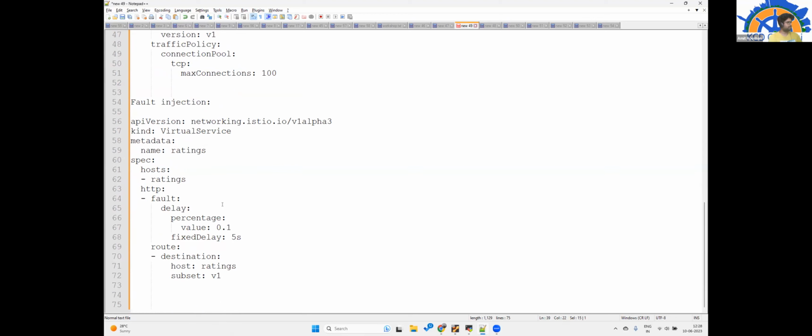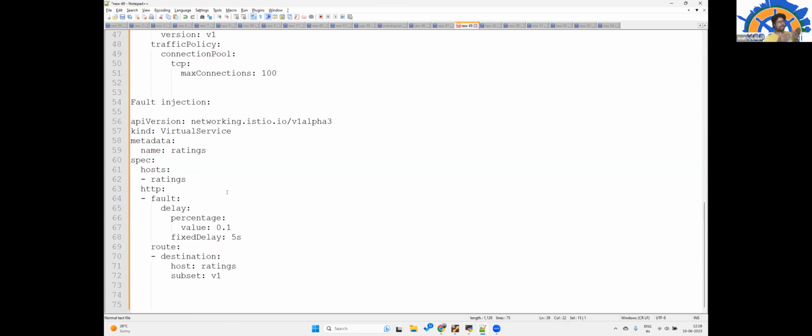Okay, for fault injection, right? This particular feature is useful in the scenario where you actually want to inject a fault in the system so that you can test the resiliency of your system. If it is a fault, it would definitely generate an error, so you can see whether your service is able to handle that particular error or not.